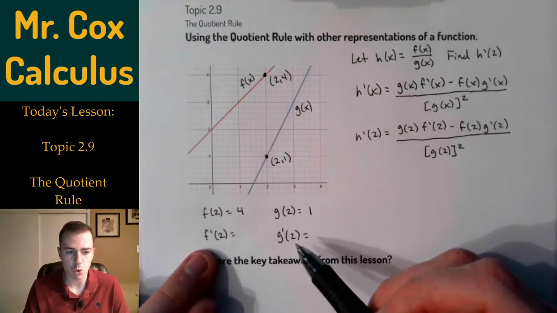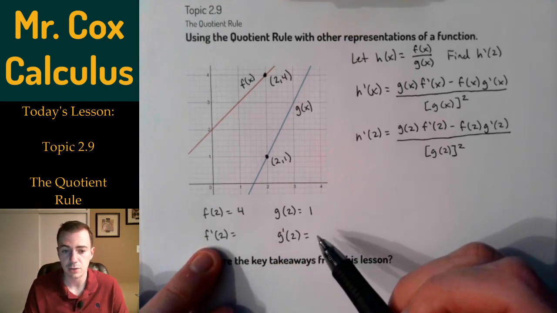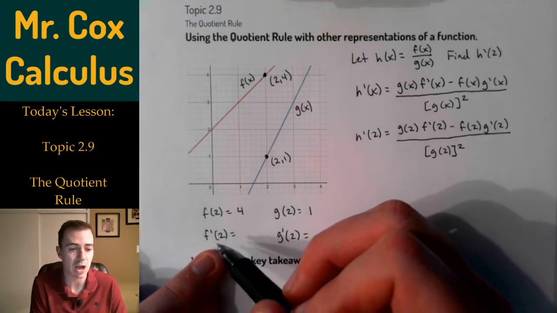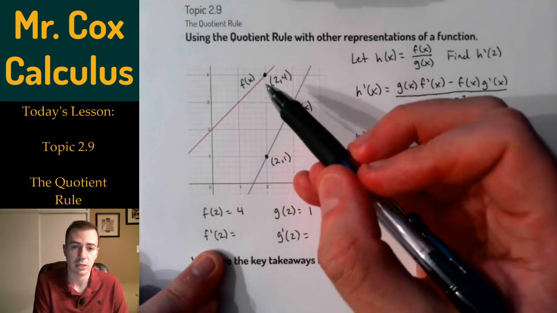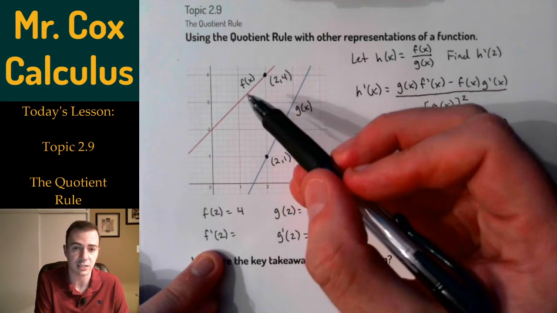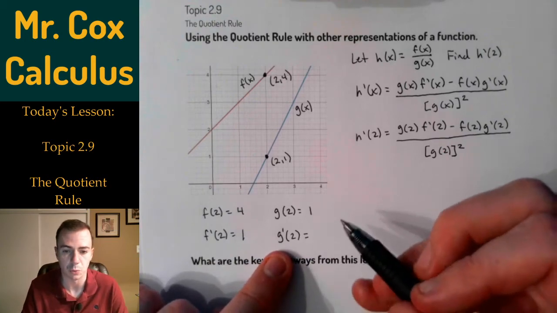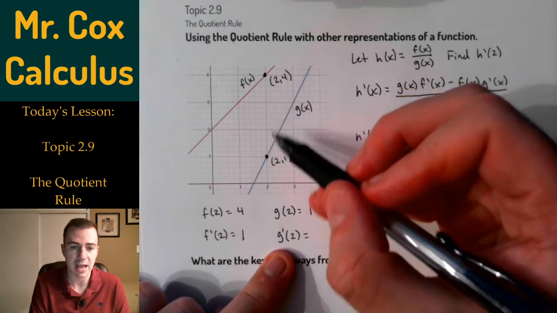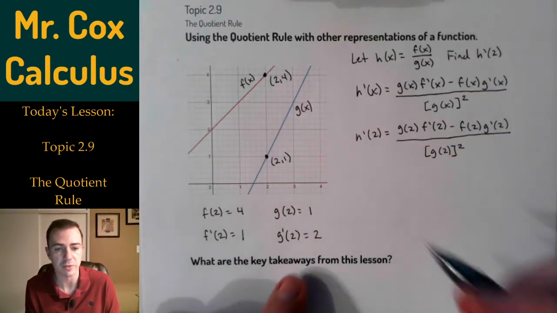Now when I look for f prime of 2 and g prime of 2, remember that those are referring to the rates of change. That's what a derivative means. So this notation right here, f prime of 2, means what is the rate of change of f at 2? And again, because f is this linear piece, its rate of change is constant. If you just do some rise over run, you can see f prime of 2 is equal to 1. While g prime of 2, it's a little bit steeper. It has a rate of change of 2, or a rise over run, or slope of 2, since it's a